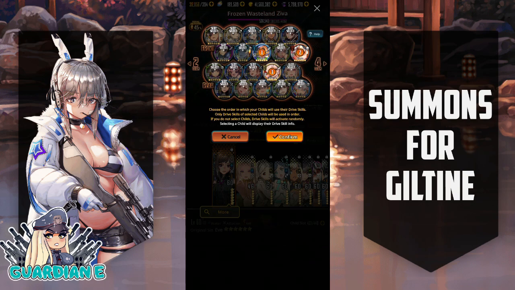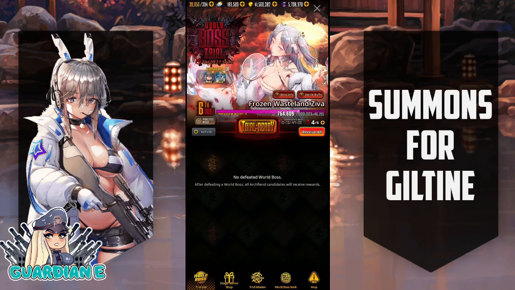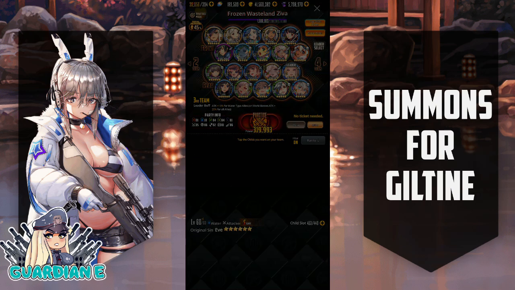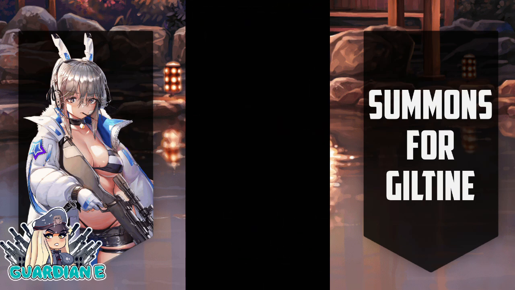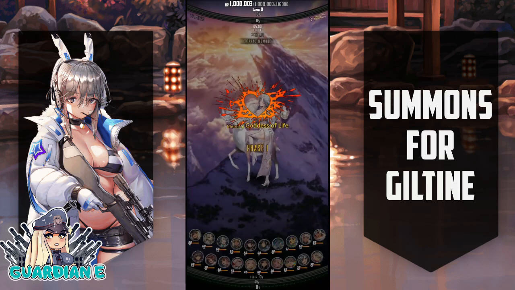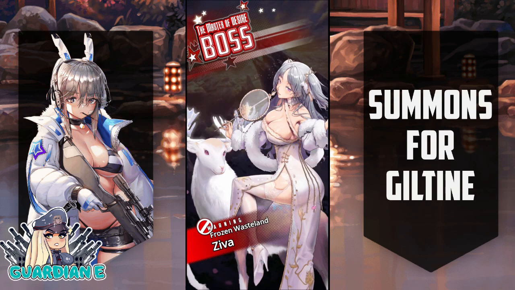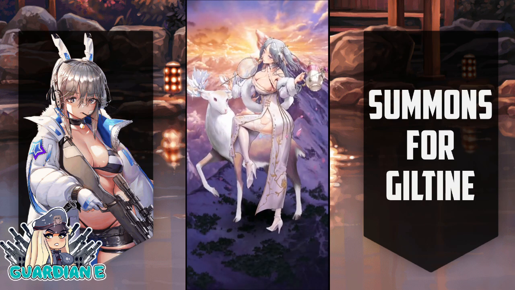Nias is going to boost the speed of everybody right up front. So that was the reasoning there. So let's go ahead and actually do a battle to show you how it goes. So here's going into the battle. Usually it hits around 6 to 8 million. Now, of course, you'll notice